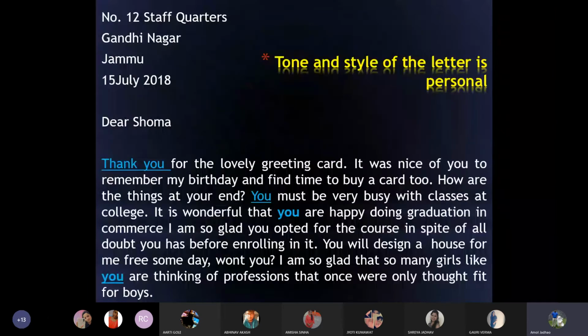If you look at, I'll go back to the slide again. If you look at the sender's address, what are the changes that you have seen here? Okay, what do you see in the sender's address? What is written at the first?